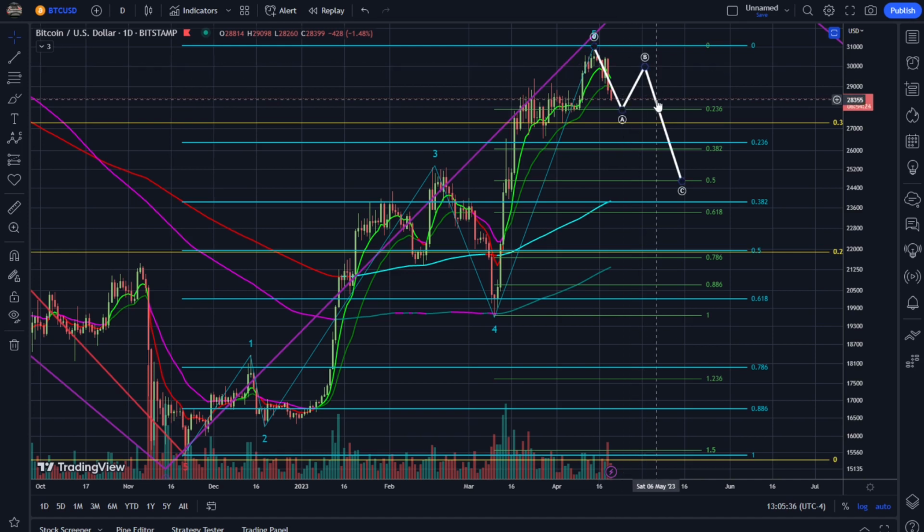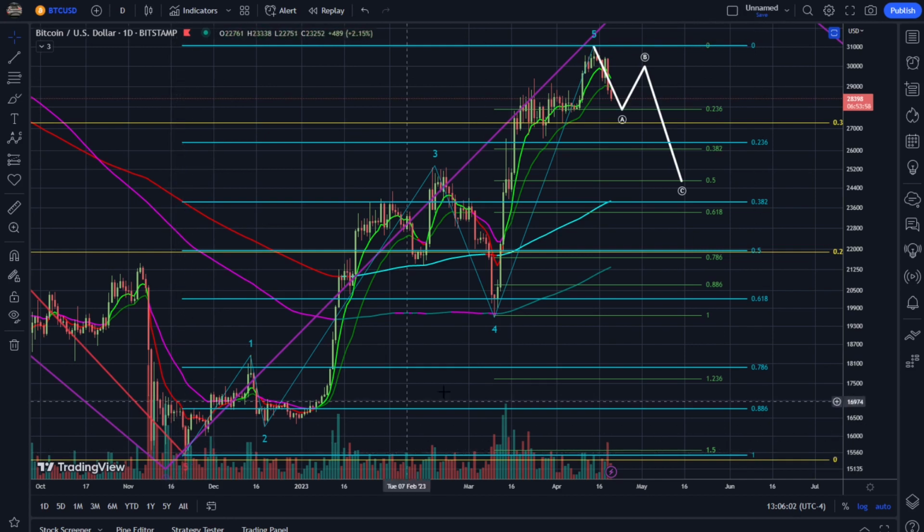Can we see some confluence or potential target areas that we would be likely to stop, reverse, and then eventually continue to the upside? Or if we break through, then we're going to think, okay, this actually probably is just an initial retrace of the move, and then we're probably going lower. And we'll talk a little bit more about that shortly. So once we come down here to the green fibs, we're going to see what's going on. People are going to try to buy support and then assume that price is going to go higher. But the real question is, and the real way people get